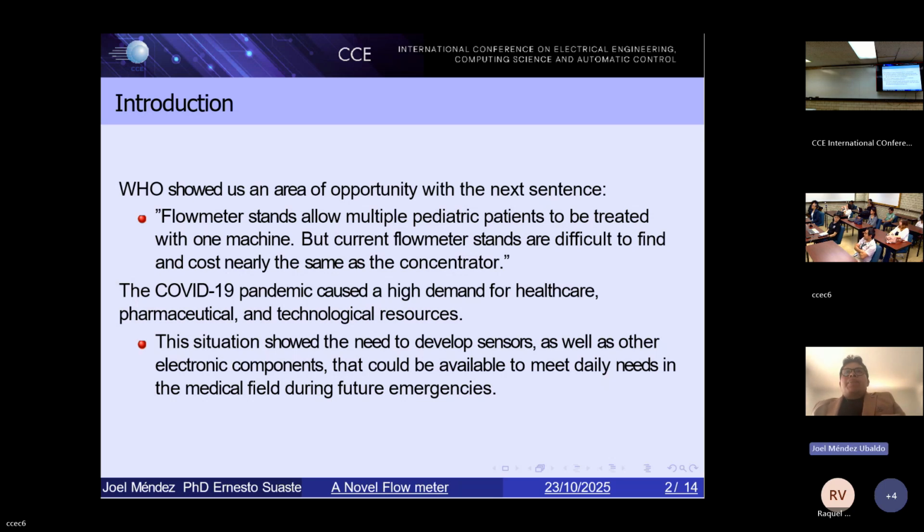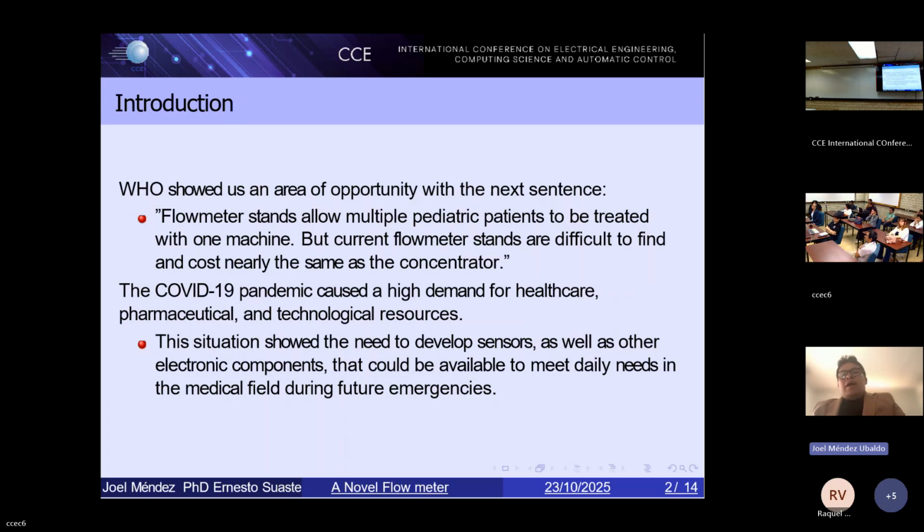In this case, the document recommended research to develop a low-cost flow meter. What is the reason? Because the cost to fabricate a low-cost oxygen concentrator in different countries in Africa is the same. The cost to